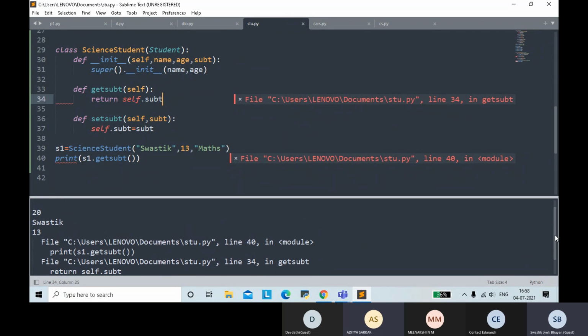Yes, it's showing in module. Line 40 in module. Sir, in his super initialization, he has not created the subject itself, self dot subject. Yeah, that's the mistake. Without that, I cannot initialize an attribute. Which one are you referring to?